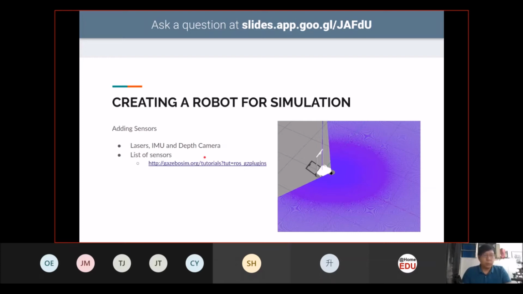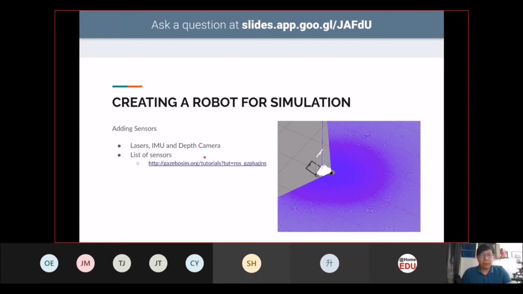But there's an open source tool called MeshLab that can actually help you with calculating the inertia tensor for odd shapes like this. As long as you have the mesh for it, you'll be able to calculate the inertia tensor that you need to put in for the simulation. For these parts, I think there are a lot of CAD drawings from the supplier itself. So you can actually import this into the robot description file.